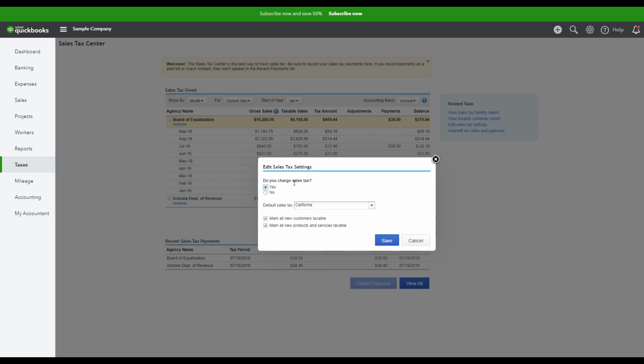This just brings up a few basic settings. Do you charge sales tax? Yes. What's your default sales tax? This is going to be one of your jurisdictions that I'll show you how to set up in just a moment. And then if you'd like to turn these features on, I usually do mark all new customers as taxable